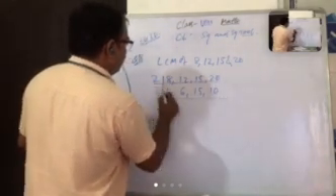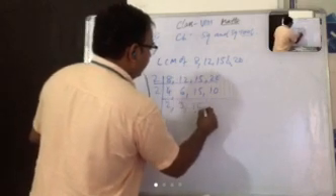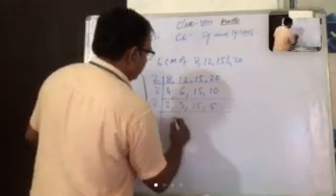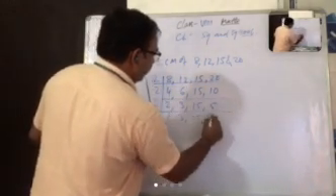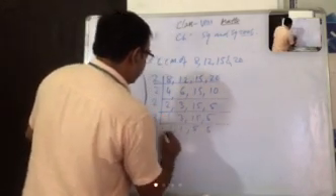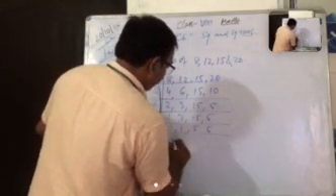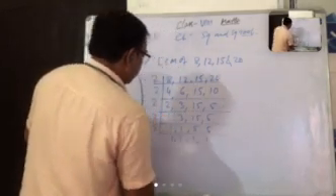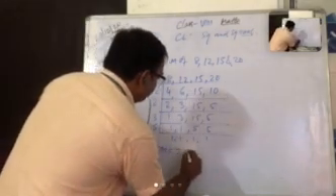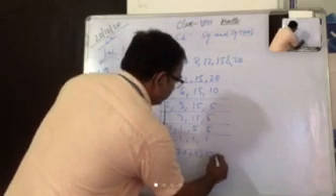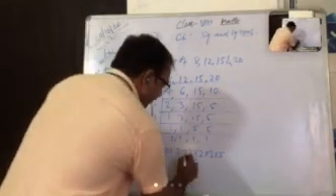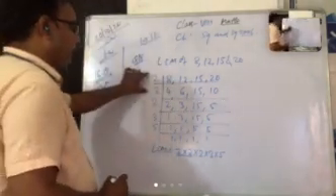Do again by 2. It's 2, 3, 15 and 5. Then do with 2. It's 1, 3, 15 and 5. Then do with 3. It will be 1, 5, 5. Then with 5. Now you see LCM is equal to 2 times 2 times 2 times 3 times 5. So here only the first 2 is in the pair.